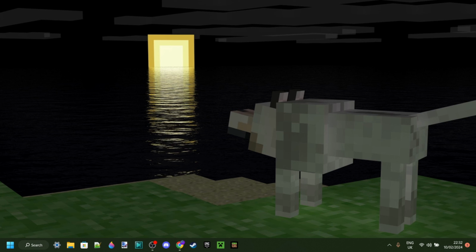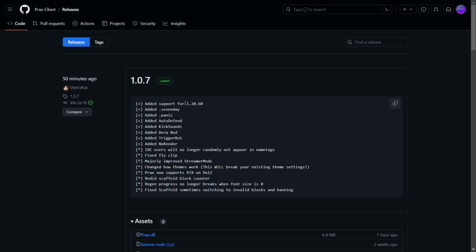PRAX client has updated to Minecraft Bedrock Edition 1.20.60, which is great. So to go ahead and download it, you want to head over to their official GitHub page, which is going to be linked down in the description below,